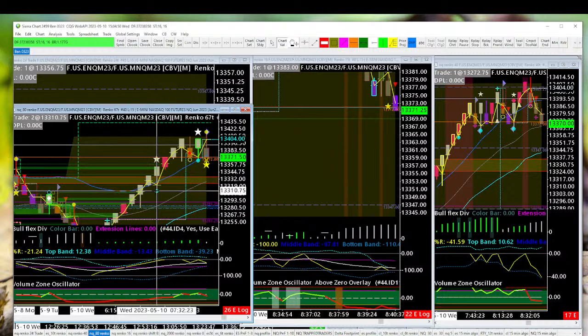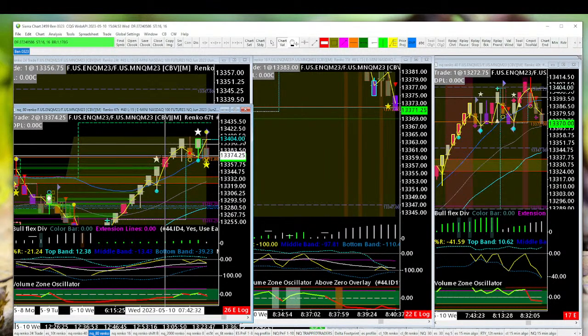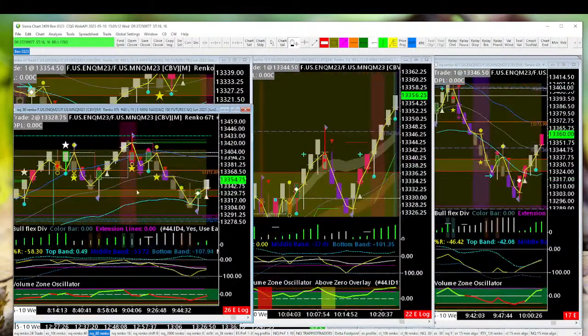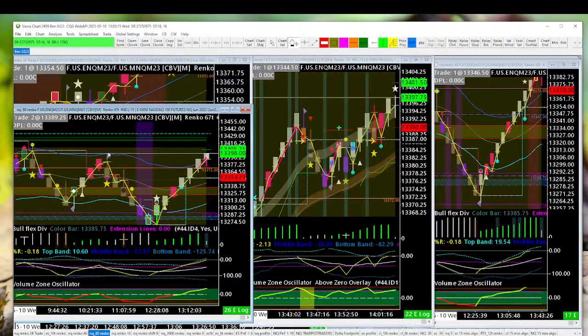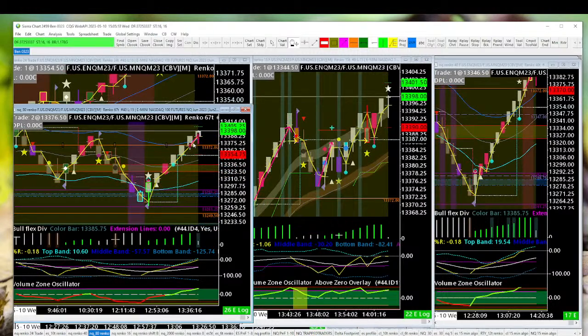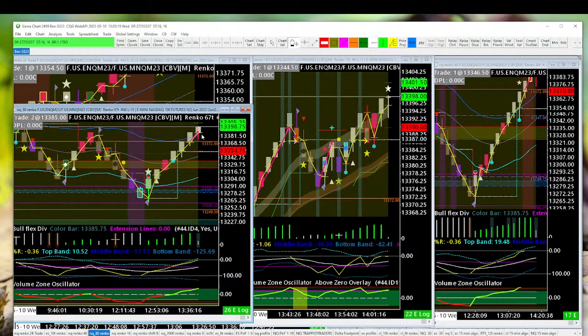So this one is almost 60 points, right? So like 62 or something like that. So the signals are very similar, and the way they set up is the same, but the amount of price